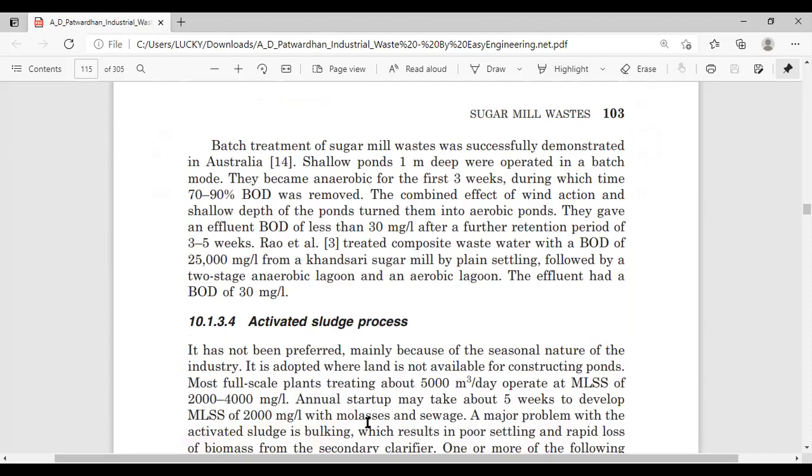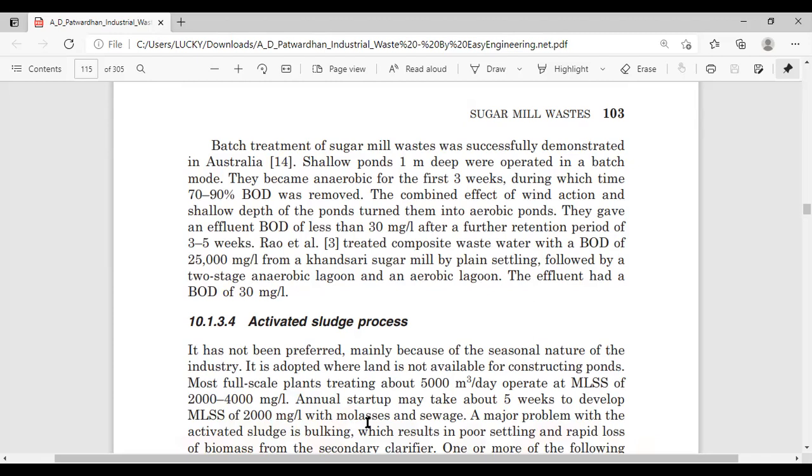Shallow ponds 1 meter deep were operated in a batch mode. They became anaerobic for the first 3 weeks, during which time 70 to 90% BOD was removed. The combined effect of wind action and shallow depth of the ponds turned them into anaerobic ponds. They gave an effluent BOD of less than 30 milligram per liter after a further retention period of 3 to